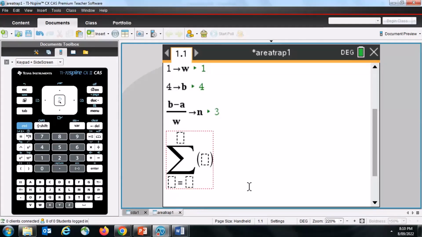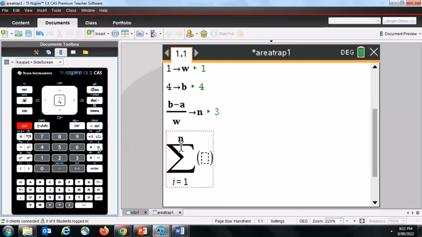The first thing in the summation formula is that we have our counter, which says that i will go from 1 up to n. You don't want to put in the number, you want to put in n because we want to be able to update this and have this stay current. So i is equal to from 1 to n, and what's it going to add up? It's going to add up all these trapezium areas. To do that, we're going to put in the fraction 1/2. I'm going to put it in the order that I had it in before to maintain consistency. So Control divide for the fraction 1/2,